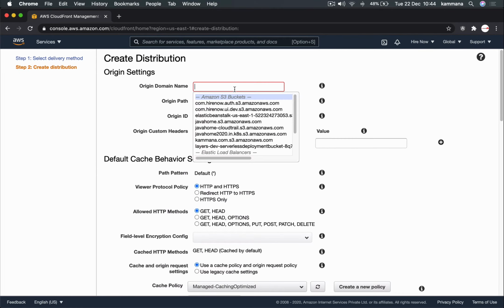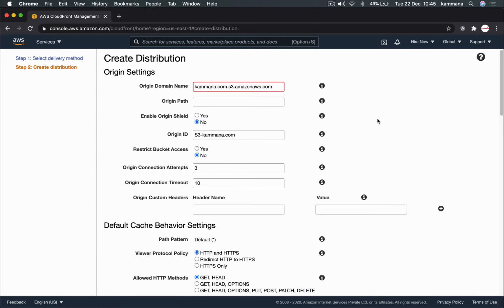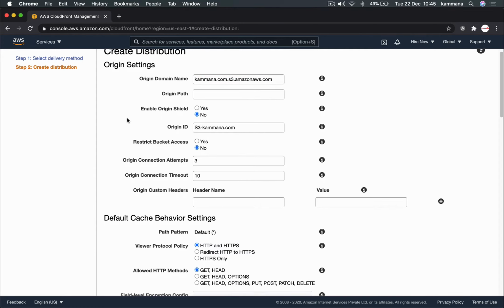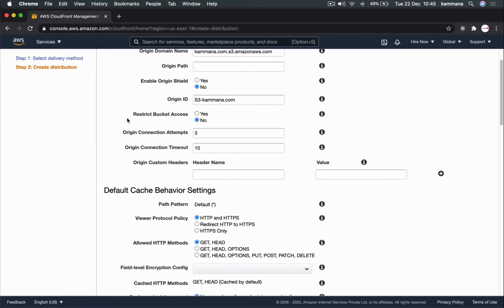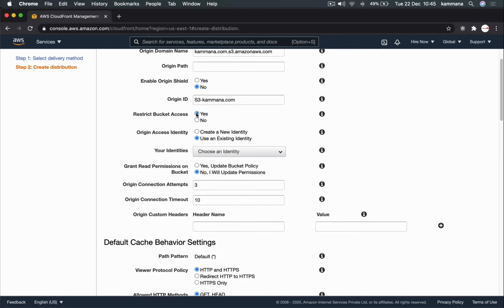Once you have this access identity, while configuring distributions, let's say you want to configure a new CloudFront distribution by selecting an S3 bucket as an origin server, we see this option, Restrict Bucket Access. If you say yes, you get the Origin Access Identity option.